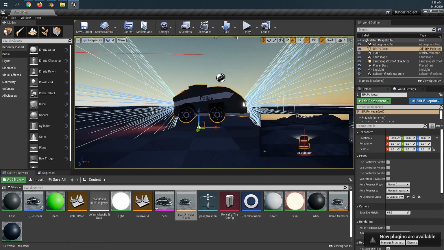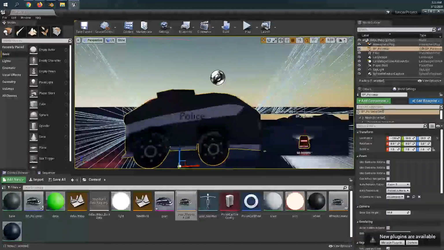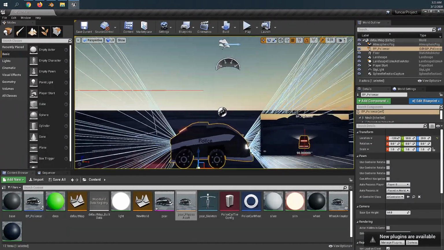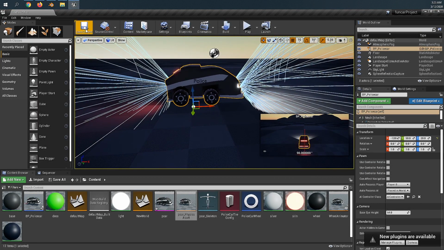This is something we can work on. Maybe we'll have another tutorial on how to add antenna physics, or how to tweak this car so it can drive better. So this is today's